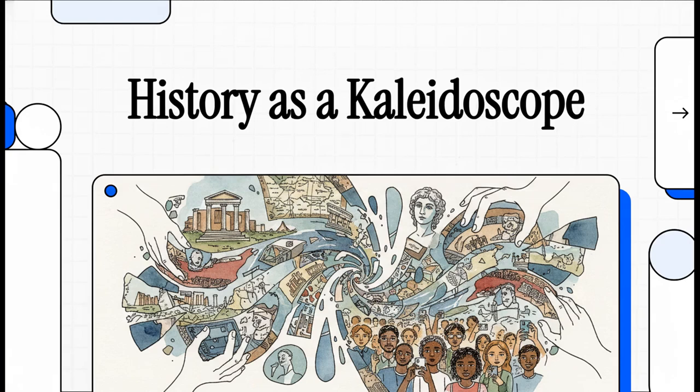All right, let's get into it. We tend to think of history as this fixed thing, right? A bunch of facts that happened a long time ago. But what if it's not like that at all? What if history is more like a story that we keep retelling over and over? And what if the way we tell that story actually says more about us right now than it does about